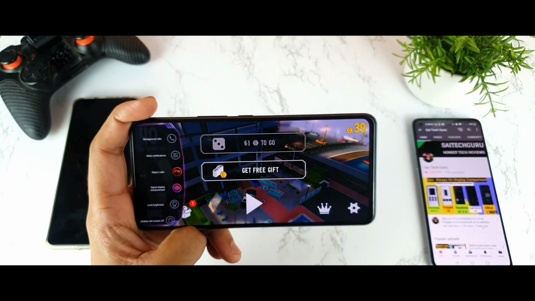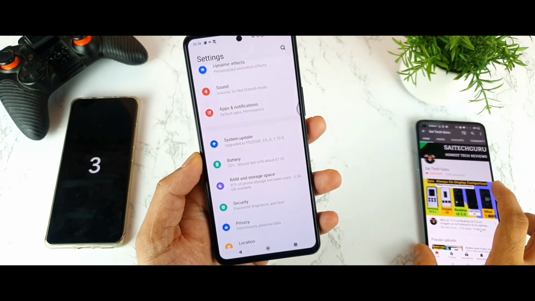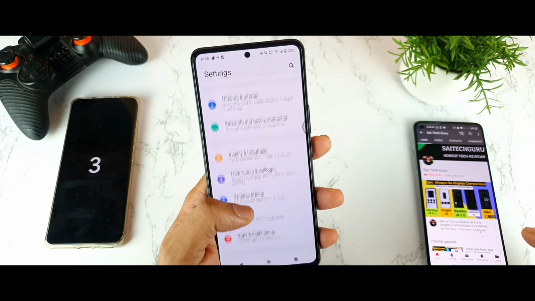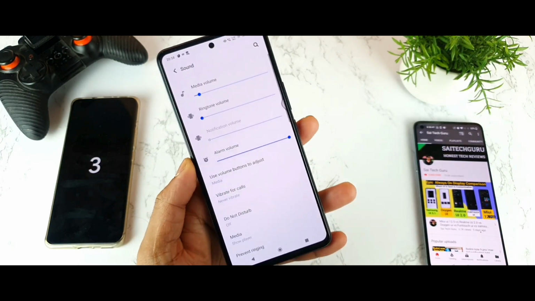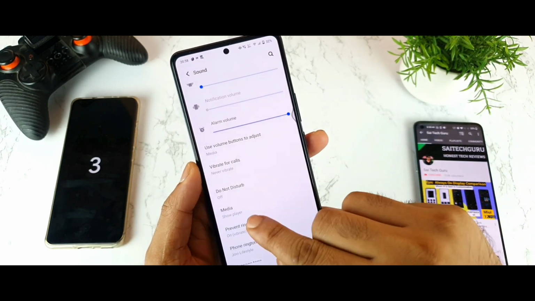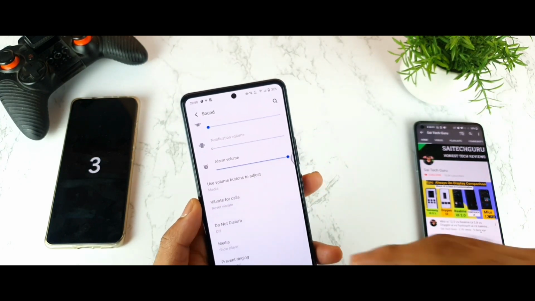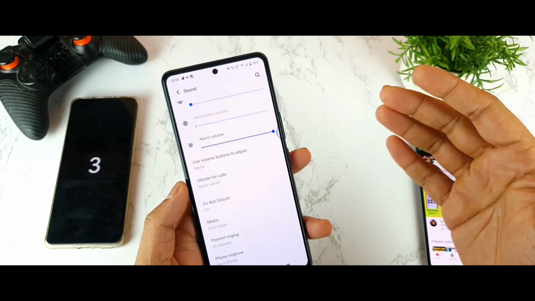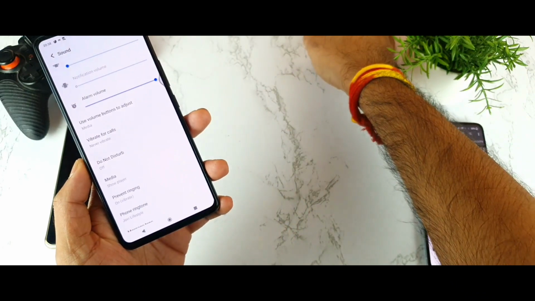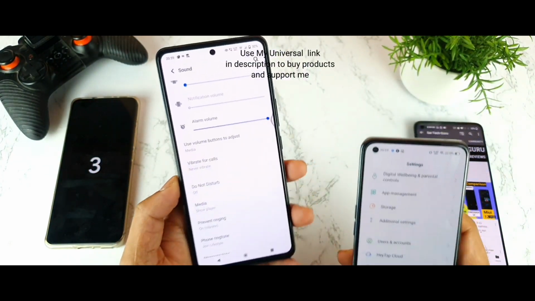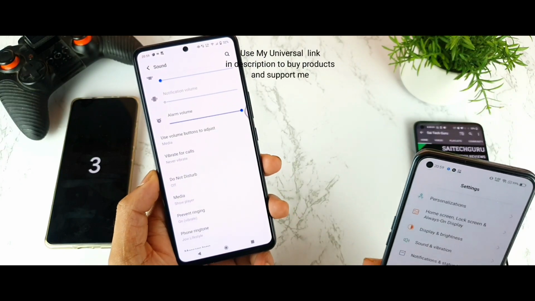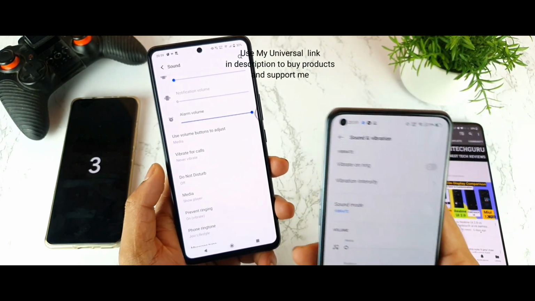On the third point, something related to vibration intensity. Yes friends, the iQOO 7 has really strong vibrations, I can definitely agree on that, but there should be some control over how much vibration intensity you want. Other UIs are also doing the same kind of job as well. Let me take a couple of samples. I'm just trying to compare, friends, because we do need a lot of improvement in the FunTouch UI. So let me show you.